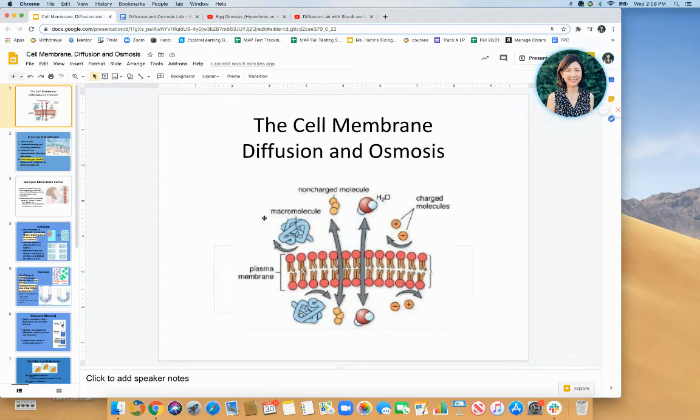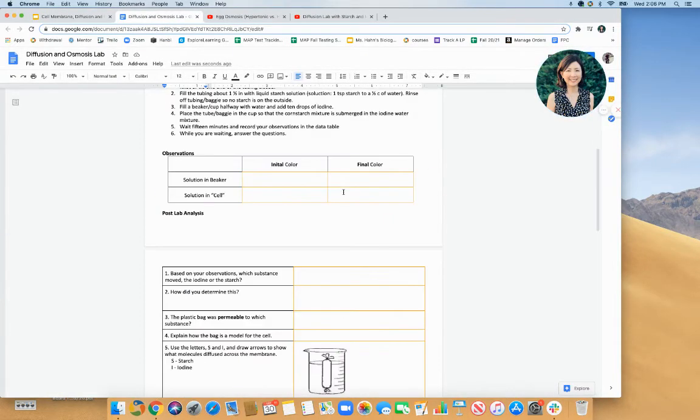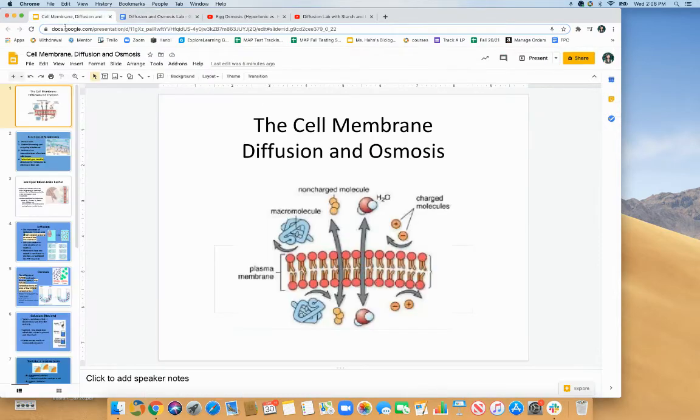Hello, I'm going to explain how the cell membrane works and how molecules diffuse across the membrane and how water moves across the membrane. And then I'm going to go over the diffusion and osmosis lab. So first, let's take a look at this slideshow, and it shows the membrane, and it shows that different things